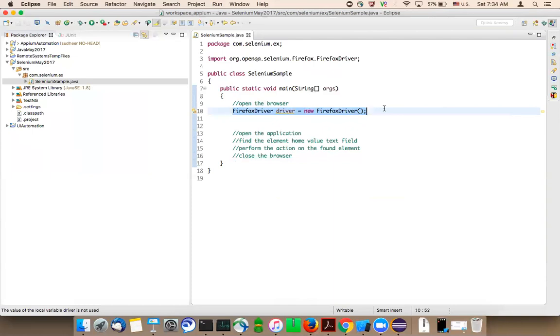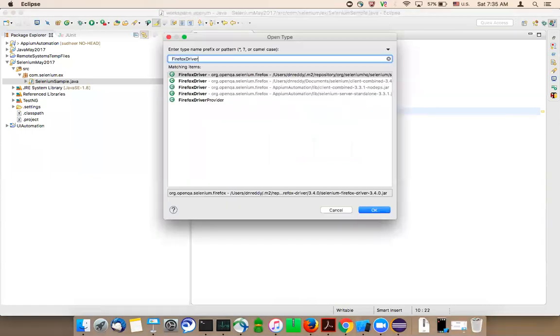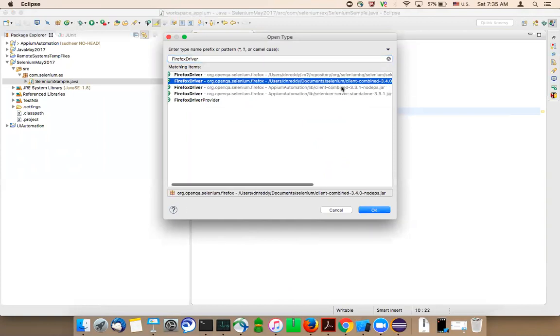This particular Firefox driver is a class which is available in the jars that you added. If you wonder which jar, it's available in client combined 3.4.0 and Node.js.jar.